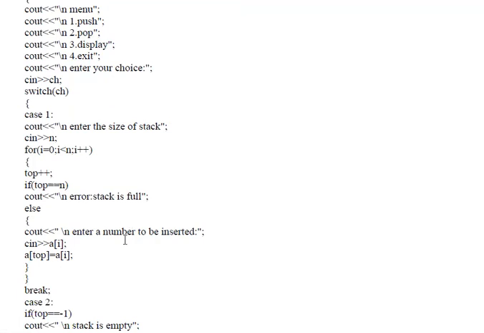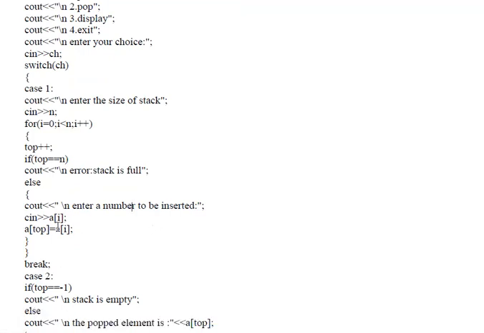Otherwise, the numbers will be inserted at the top of the stack by using a[top] equal to a[i]. From the for loop from 0 to n, whatever value the user enters can be stored in a[top].